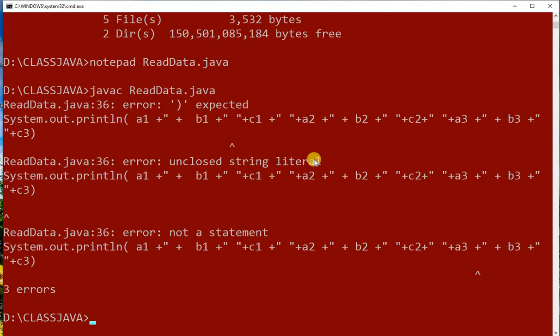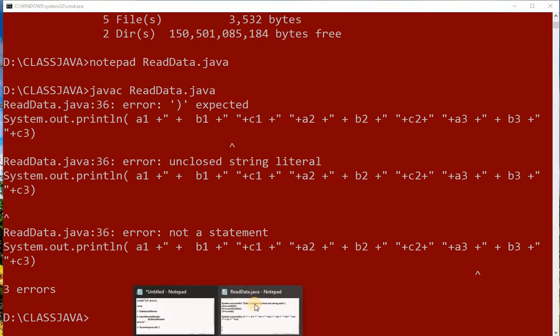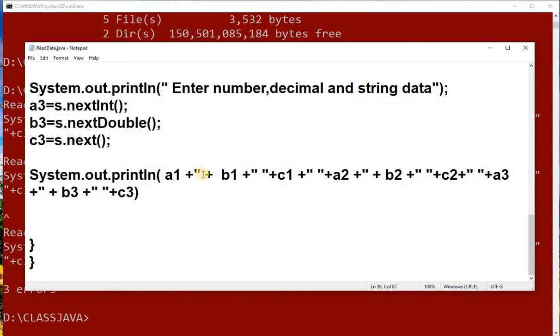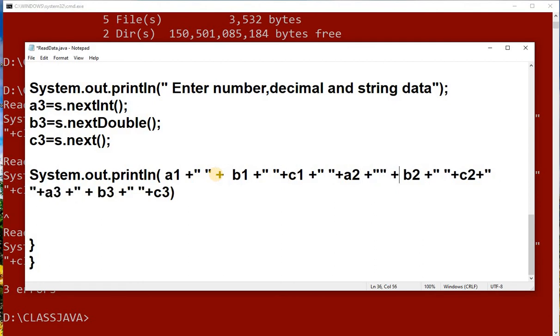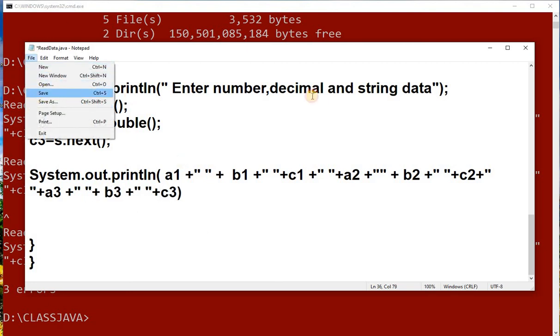Yeah, it is saying that there is one error, because you can see that here the double quotes should be opened and ended. So let me open the program, I didn't close it here. This one has to be closed like this. So somewhere we are making a small mistake. It is a common thing that mistakes may occur. So file, save again.